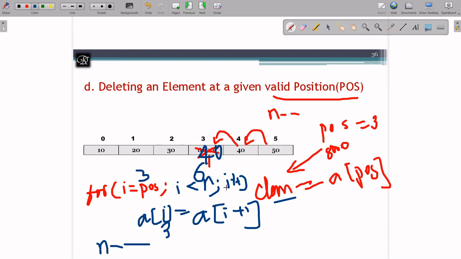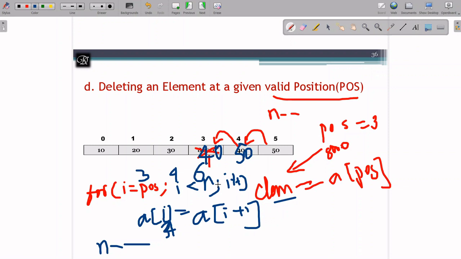Now I is increased, I plus plus, it is now 4. At the fourth position, I have to bring a of I plus 1, that is 4 plus 1 is 5. I have to bring 50 over here. Now 50 is shifted. Again I have incremented I, it is becoming 5 now.